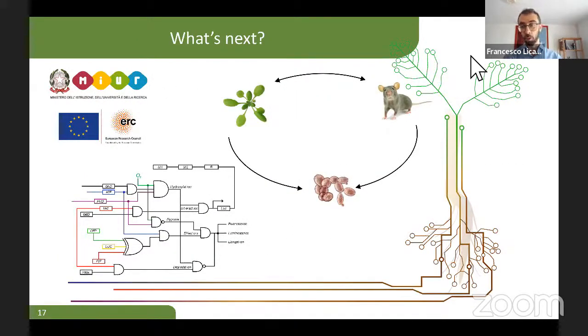What I'm doing and what my team is doing at the moment is using the synthetic biology framework and expanding this across the three different kingdoms of eukaryotic life to try to study new mechanisms for oxygen sensing, but also establish molecular devices able to generate desired responses in plant cells, for example, responses to flooding conditions.